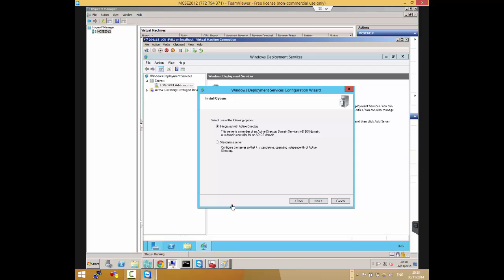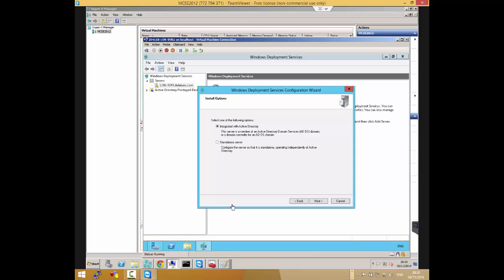You can say, I don't only want to automatically put you in the domain, I want to automatically put you in this OU so that you get this group policy once you log in. So for you to do that, it has to be integrated with Active Directory. You can do that with WDS, where you can say, this computer that you're building, I want you to join it directly to the domain, put it in this OU in the domain, and of course, you've already linked your group policy to that OU. So the first time a user logs in, they get all the group policies that you want them to get. That's one of the benefits of integrating it with Active Directory that standalone can't give us.